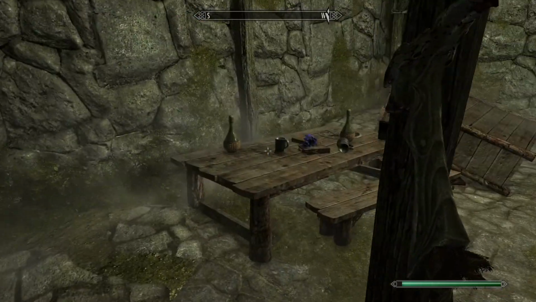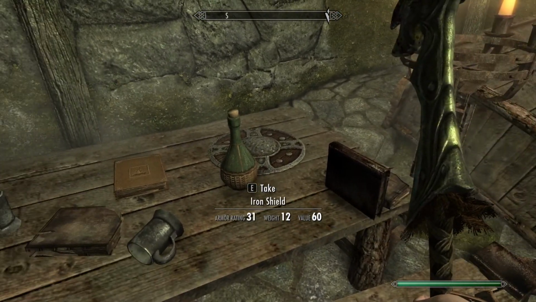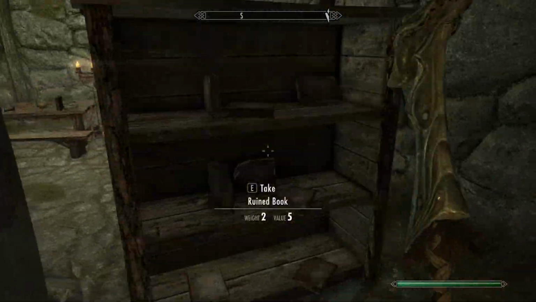So, anyone else here? There's a death bell here. That is not a skill book. I thought it was going to be, but it was not. Have you got any skill books here? Apothecary Satchel. Brilliant. I don't know why they've got a human heart in there, but...